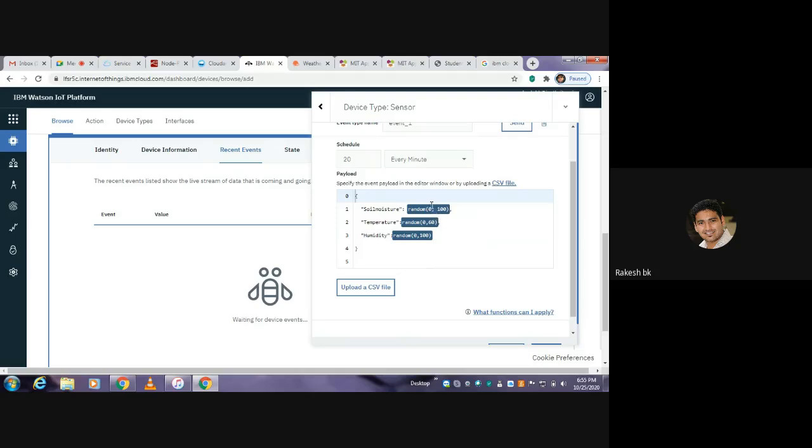So my data is to be observed between 0 to 100 for soil moisture, for temperature 0 to 60, because the field temperature might not exceed 50 or 55 in worst conditions, especially in the Indian geographical condition. Humidity might be around 0 to 100. This is relative humidity that I've just introduced here.